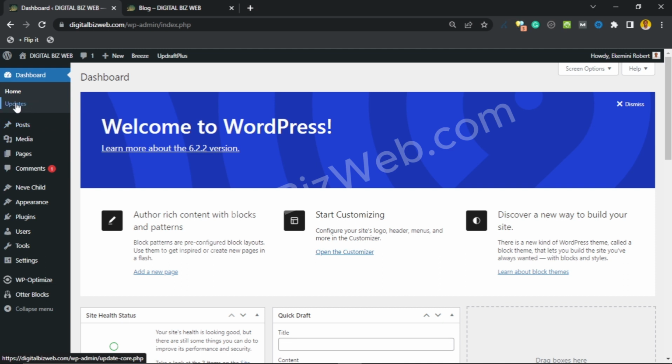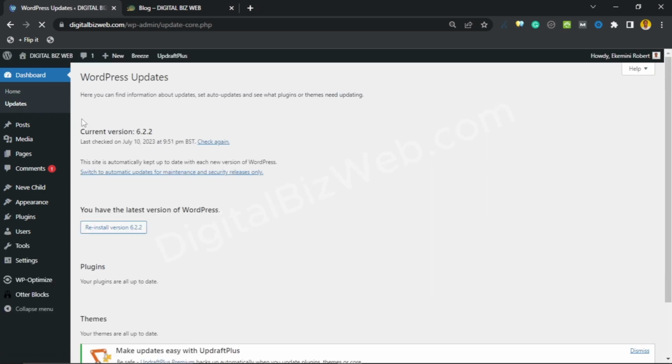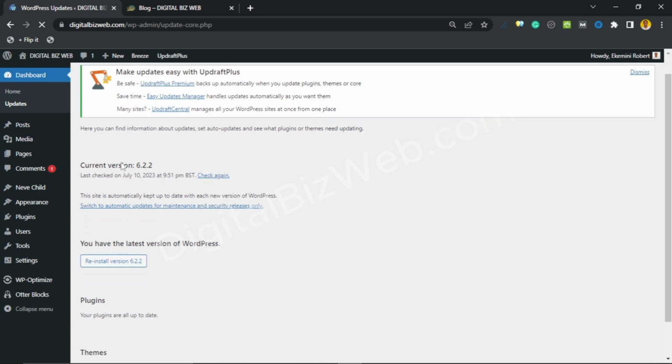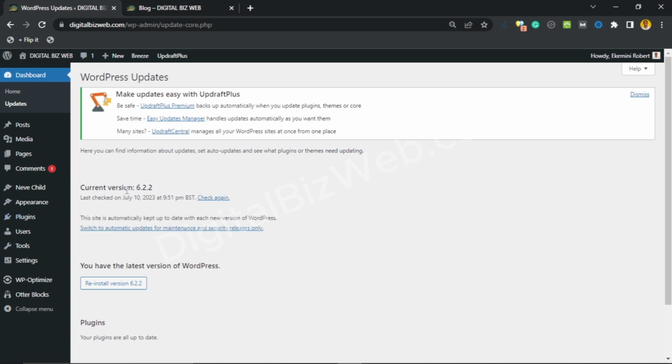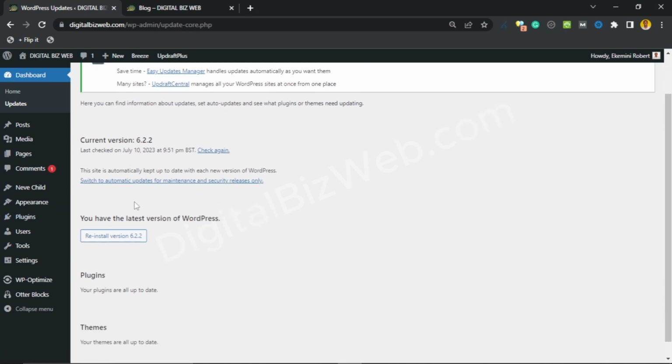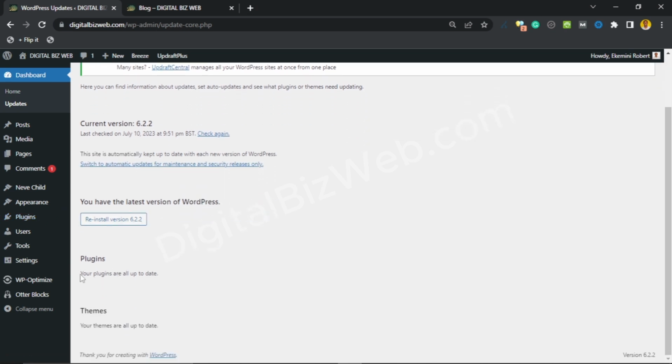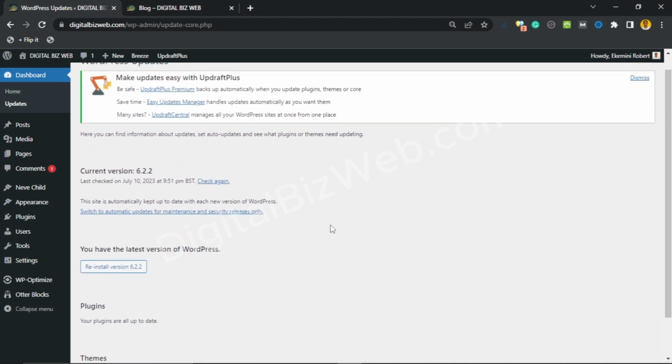Now the next thing you have here is the updates tab. This is where you go to update your themes and your plugins. Now I do not update my plugins from here. If I want to update my plugins, I just go straight to the plugins tab and work on that. But you can also do it from here. You can update your themes from here. When you have plugins that you need to update, they will show up here, and themes will show up right there. And if you have a new version of WordPress that you need to update, you can always do that